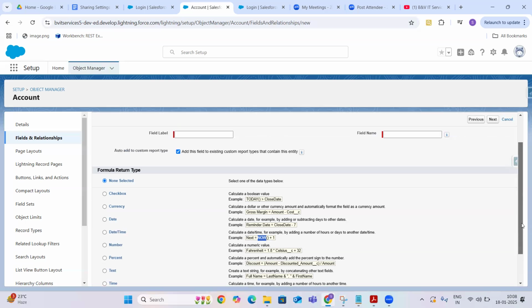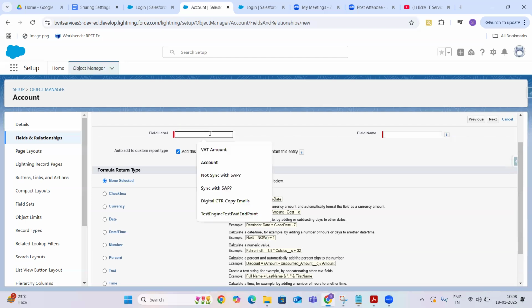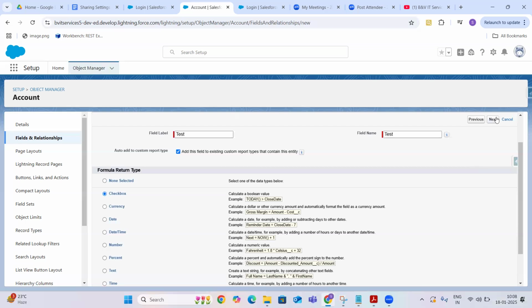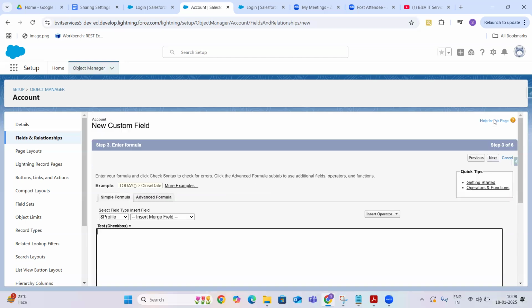So if I just give the test formula and select checkbox, click on next, here also it has the formula editor. If you see here, you can write profile, user and user role.